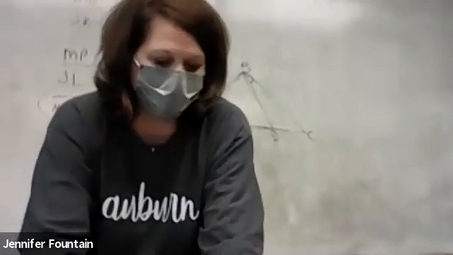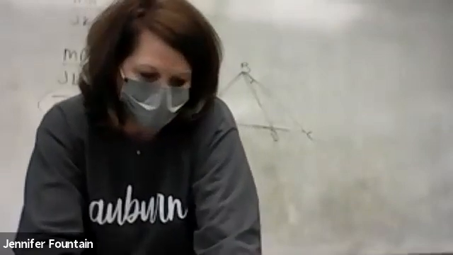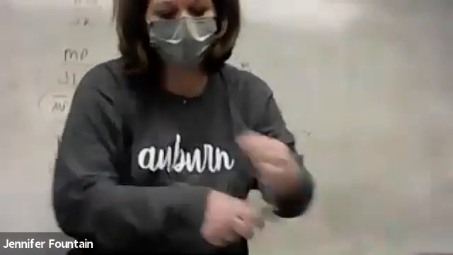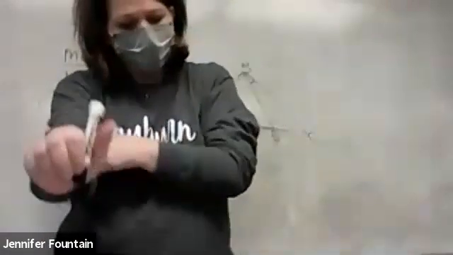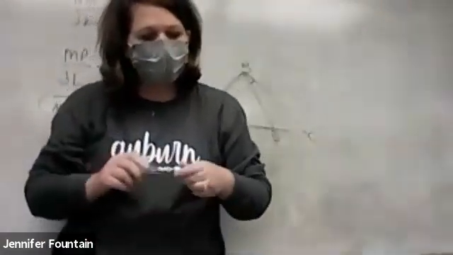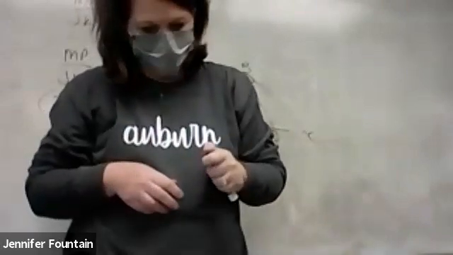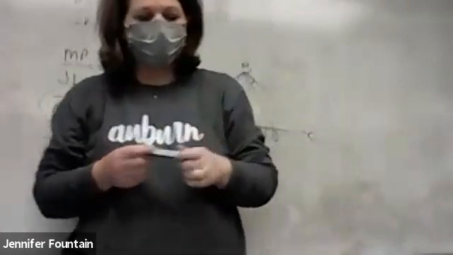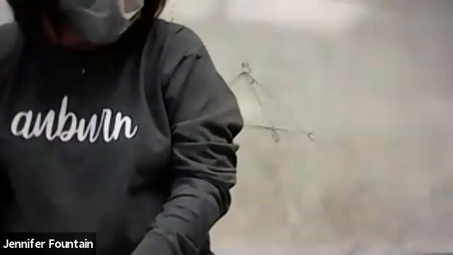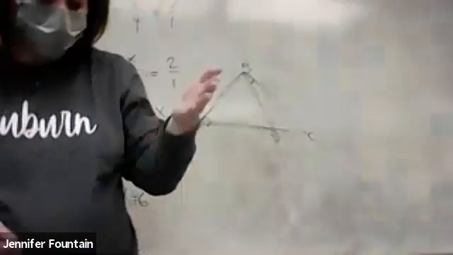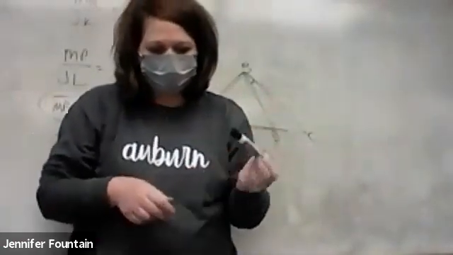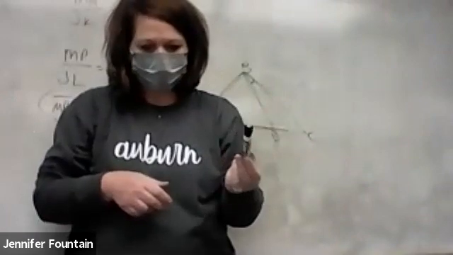So now let's go ahead and look at example 1, proof of theorem 8.2. They have already told us that RS is proportional to LM, ST is proportional to MN, and TR is proportional to NL. And we're trying to prove that triangle RST is similar to triangle LMN. So when we look at this, notice that if we look at RS,